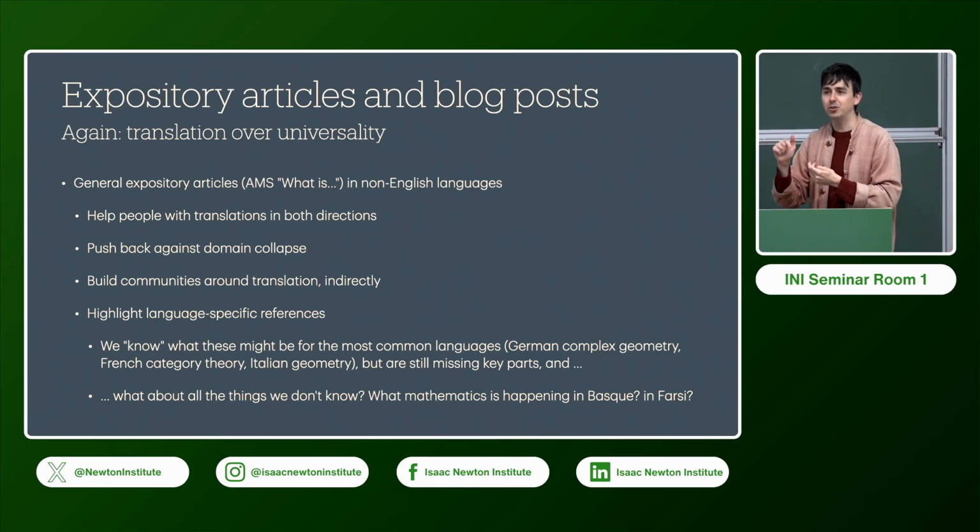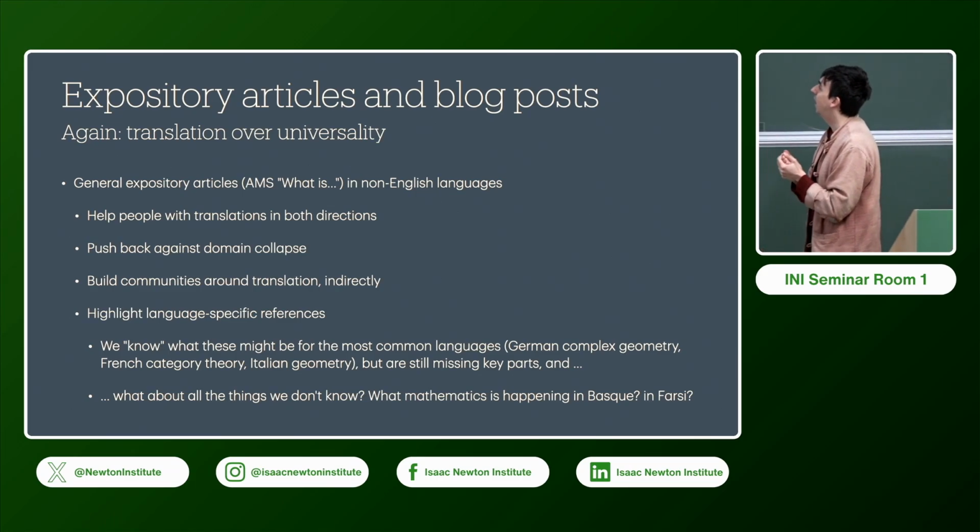And I go, I actually want to unpack this. This is now a really useful tool for me: I want to learn German for this paper. Here's a great expository article. I want to learn about something and it'll help me unpack the German at the same time.